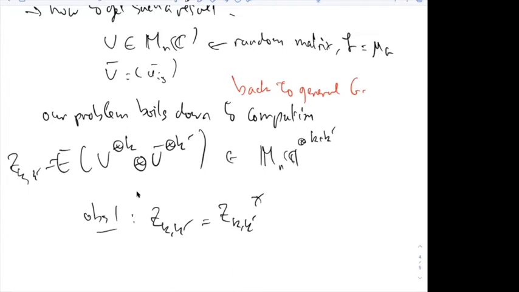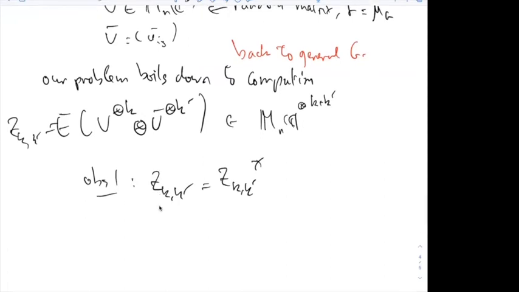So the first observation is that this is a self-adjoint operator. Very briefly, it's because the change of variable G to G inverse preserves the Haar measure. If I make a change of variable G to G inverse, then I get Z replaced by G star, and that's good, okay?